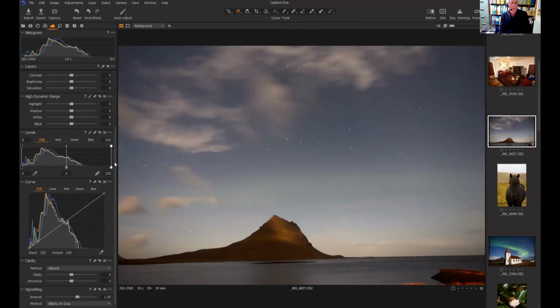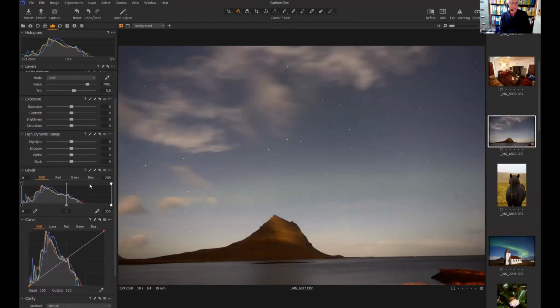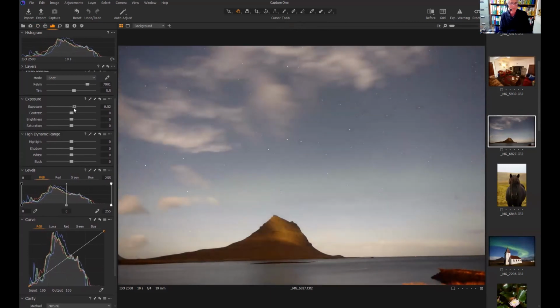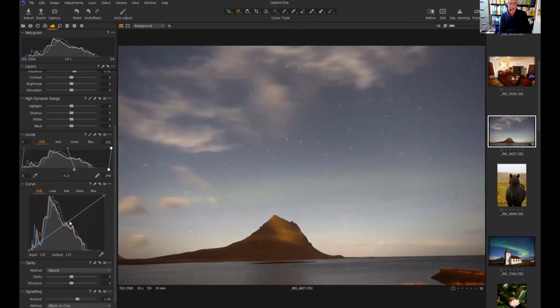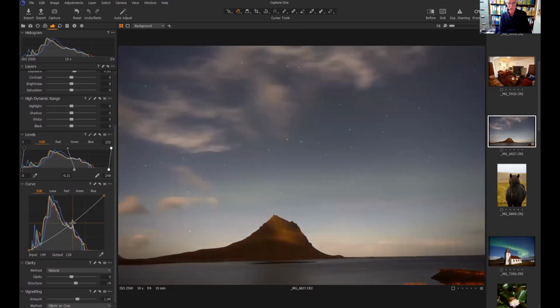And then also, if we look at the histograms here, they're well over to the left, so we can probably increase the exposure a little bit and pull that in, and I would pull the shadows across slightly as well. So now it's looking a little bit too bright possibly. So we take the mid-tone here on the graph down here and slide that down. If I'm going too fast, just tell me. And then I'll put in a little bit of sharpening. So now we have an image which hopefully